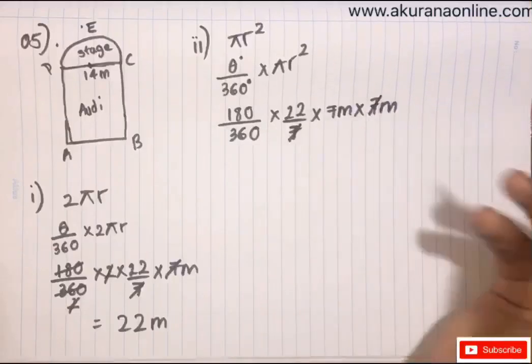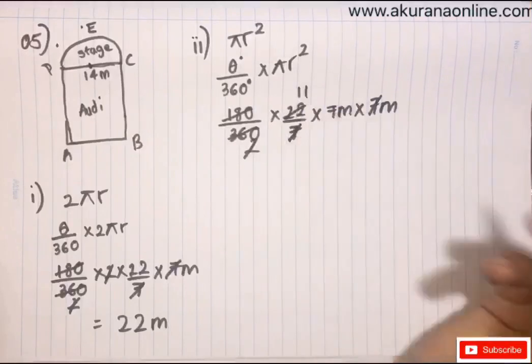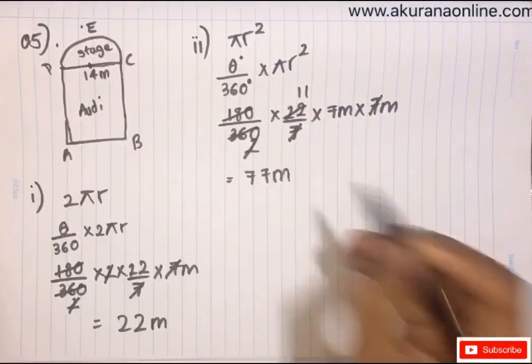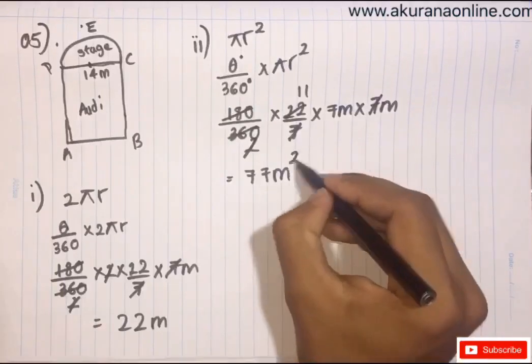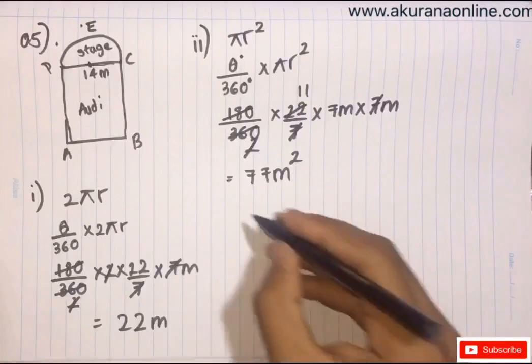So you can cancel this off. Here you have 1, 2. If you simplify, you get 11. So 11 into 7 will give you 77 meters. Sorry, meter squared. Since this is area, it is meter squared, meter into meter. Okay. And the third one,